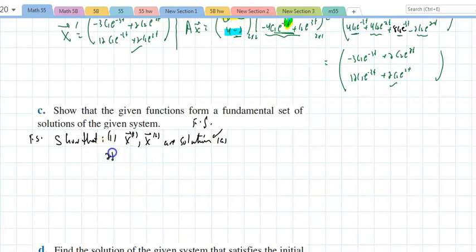And 2, how do you show that they are linearly independent? You would say if c1 times x1 plus c2 times x2 equals the 0 vector if and only if c sub 1 equals c2 equals 0, that will show that they are linearly independent. So if I take c1 times x1,